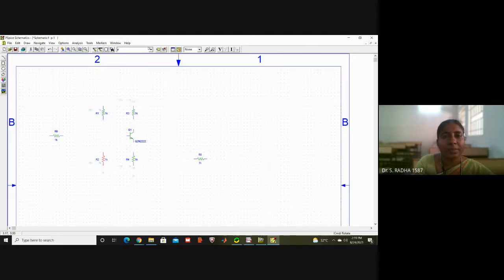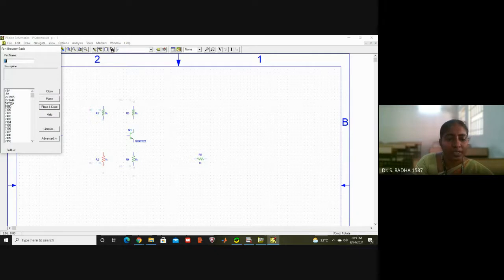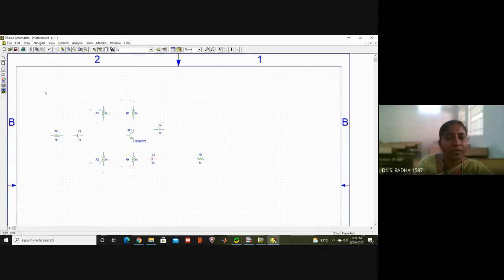And I need capacitors also. If you don't have it in this drop down, the left icon is the library browser. You can see to the left of this, it is the library browser. And you can type C, and capacitor will come. We want one capacitor at the input side, output side, as well as parallel to the RE resistor. I will take one more capacitor. Resistors also you can take from this library browser. The frequently used components will be available in this drop down. I will take ground, one ground required over here, and I will take one more ground here.